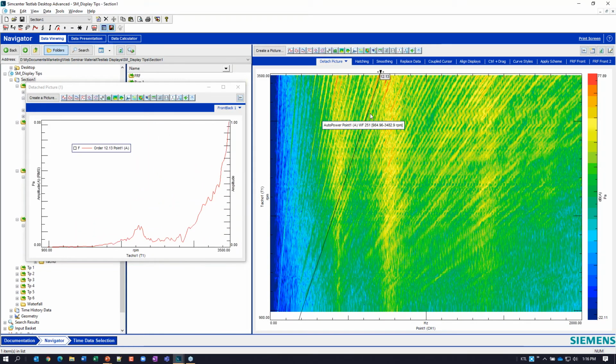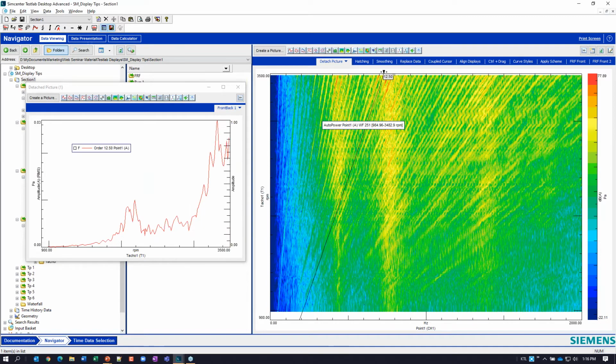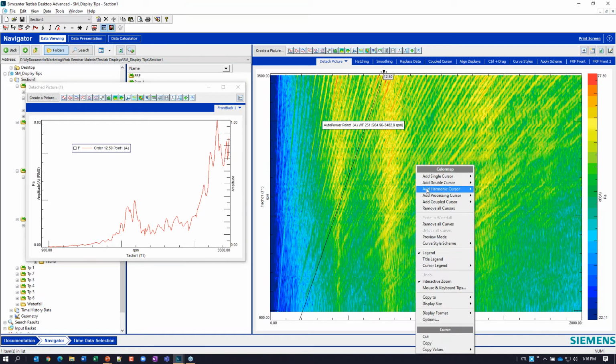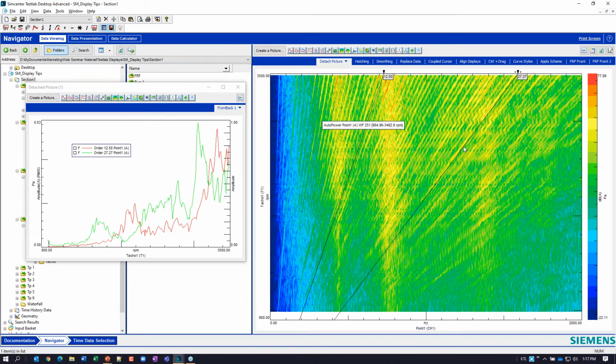Okay, so this makes it very, very convenient for me to view not only the overall color map of all sound versus frequency and RPM, but now I can say, all right, I know we're battling an issue on order 12.5. And so I can send that right to 12.5. I can add a second processing cursor, another order, and I can drag that guy in here. And this other one I'm going to send to, so I double click right on that cursor and I can send it to, let's say, 6th order.